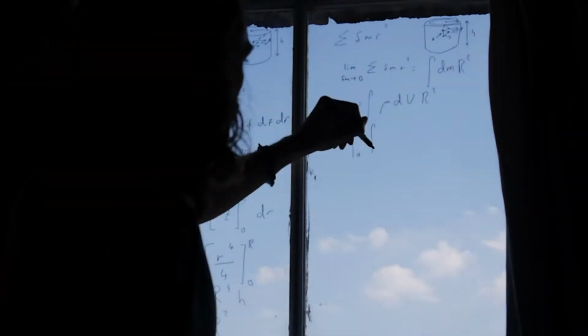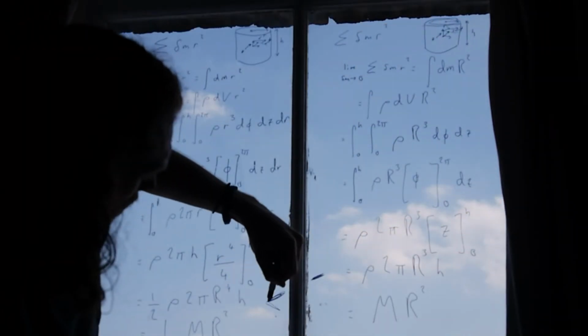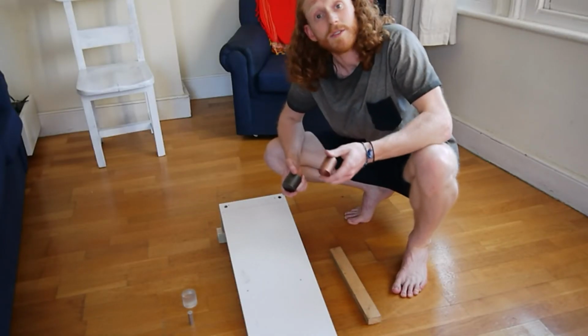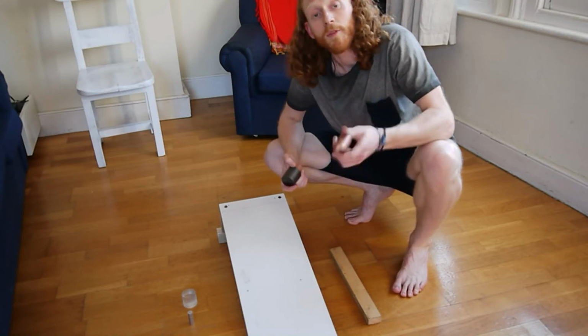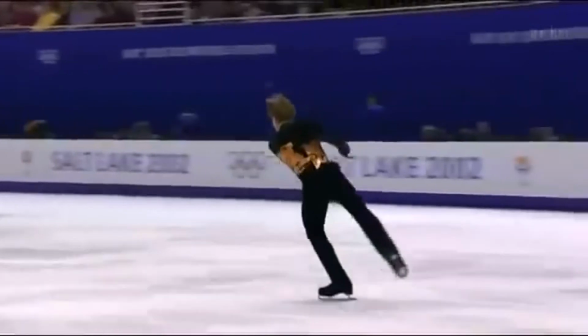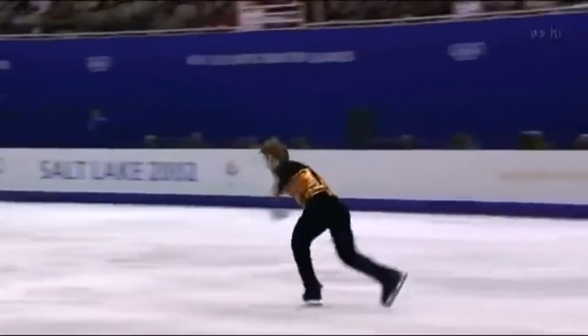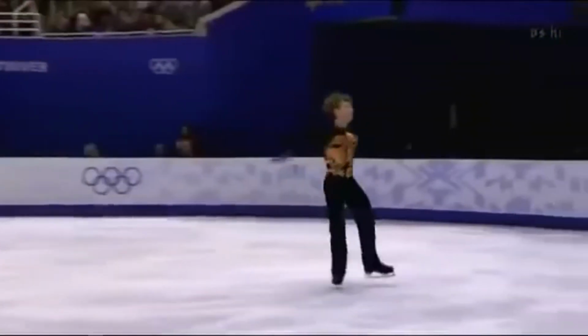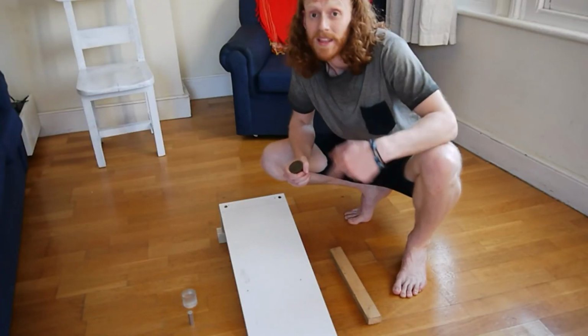So for objects where all of the mass is concentrated on the outside, like our pipe, we have a high moment of inertia. In fact, figure skaters and gymnasts take advantage of moment of inertia. Before a figure skater goes into a jump, they start with their arms really wide, with a large moment of inertia. As they start their spin, they bring their arms in, and they reduce their moment of inertia, and they therefore make themselves spin quicker.